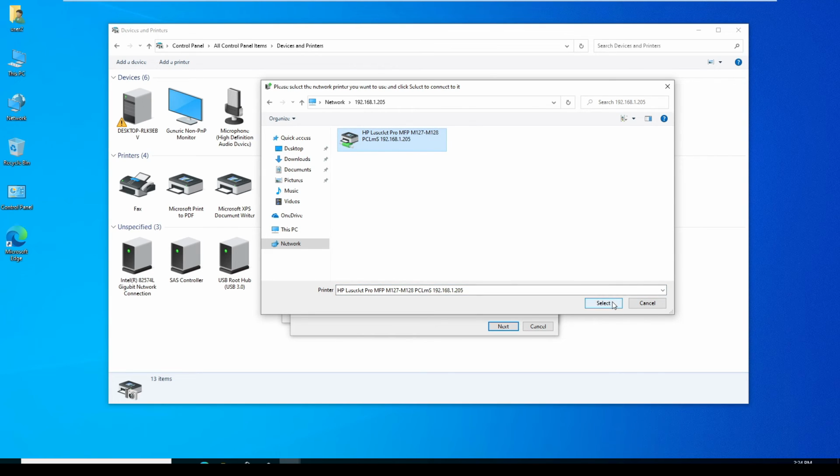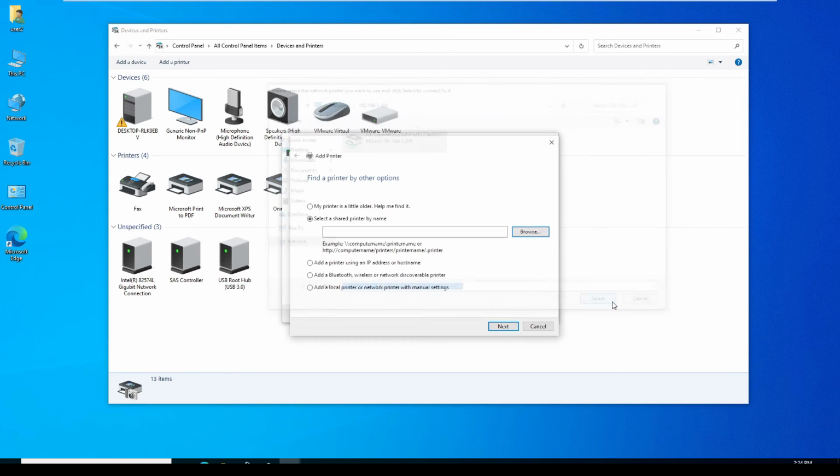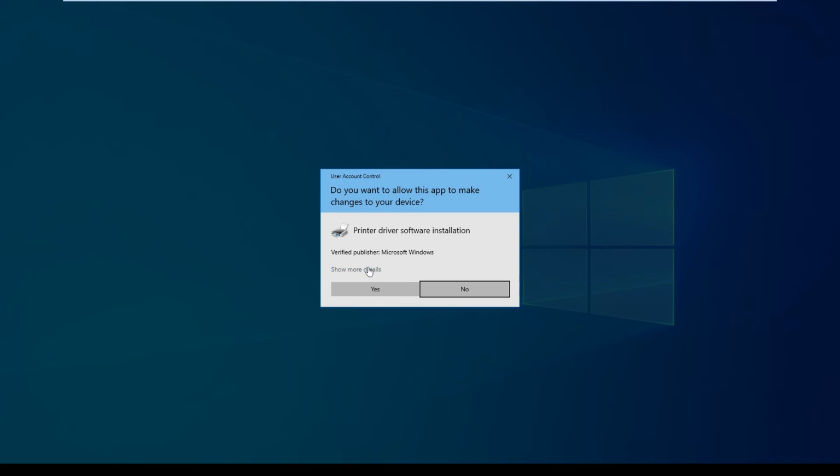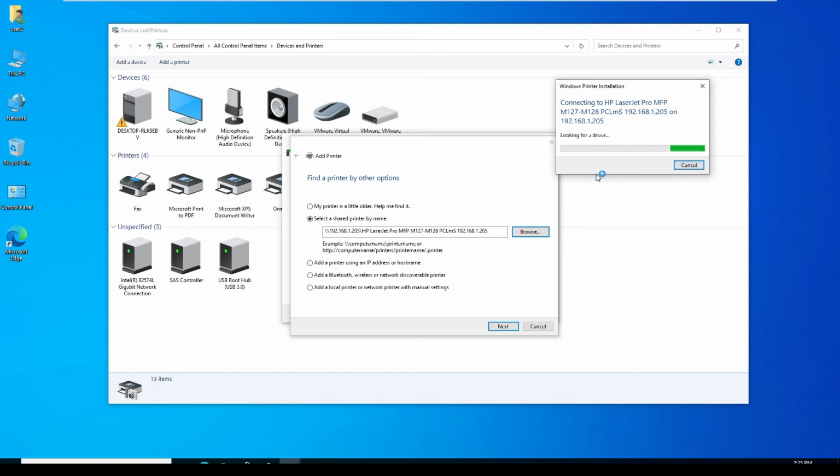We have shared it in the Windows 10 machine, and select, and after that I'm going to click next and select yes, and you can see here the IP address of the computer which we created in the Windows 10 machine. Okay, this is the printer, and the name we have created like this,